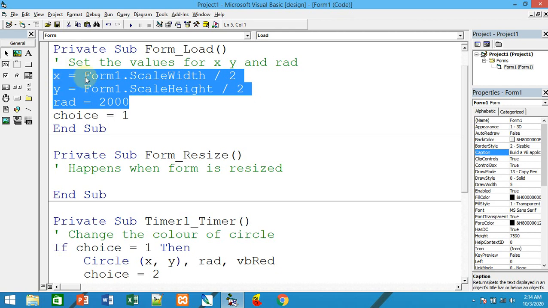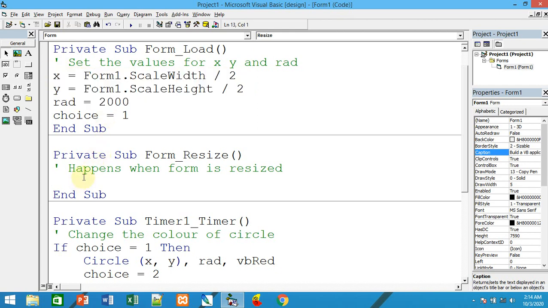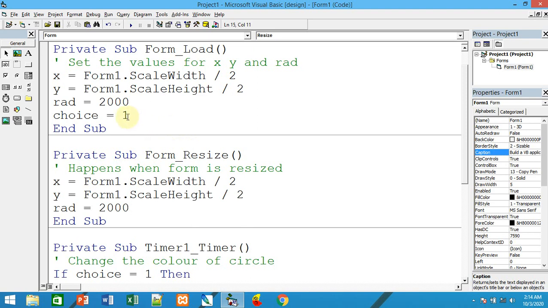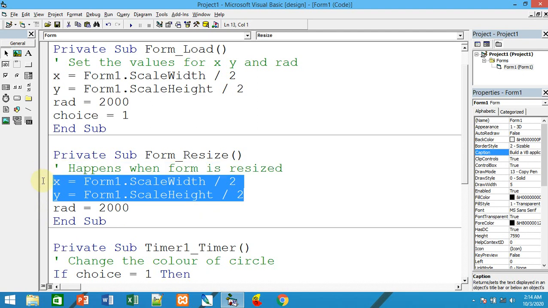So when the form is resized, you can simply do this. Don't set choice equal to 1, whatever it may be, the choice stays that one. If green color is displaying, let it stay green. If blue is the color of the circle outline, let it stay blue. So I'm not using choice equal to 1, I'm just taking radius and the x and y coordinates.